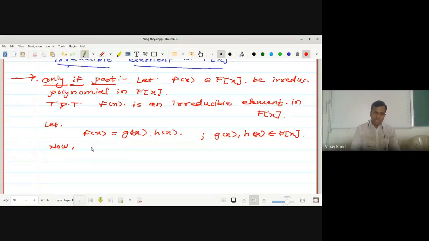Now, look at it. As this f of x being irreducible polynomial, हा तुमचा f of x irreducible polynomial. So either